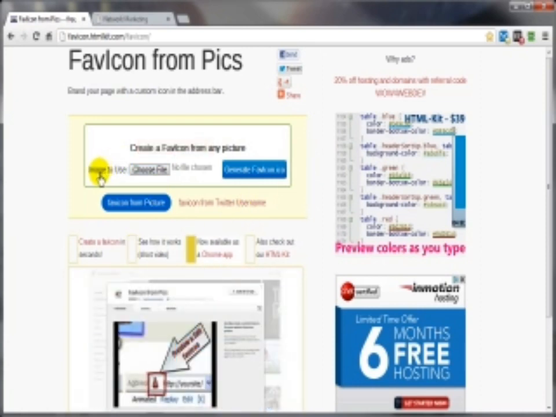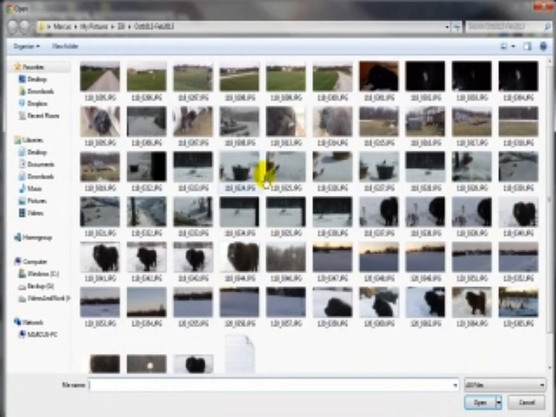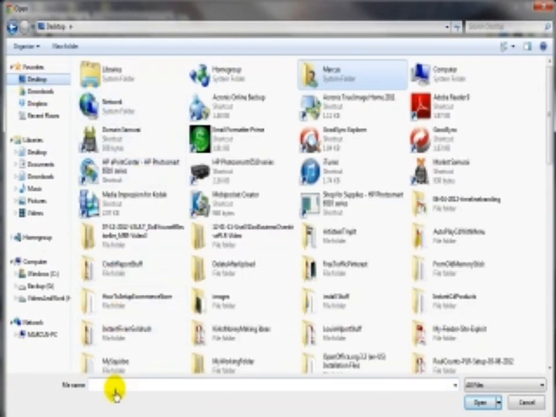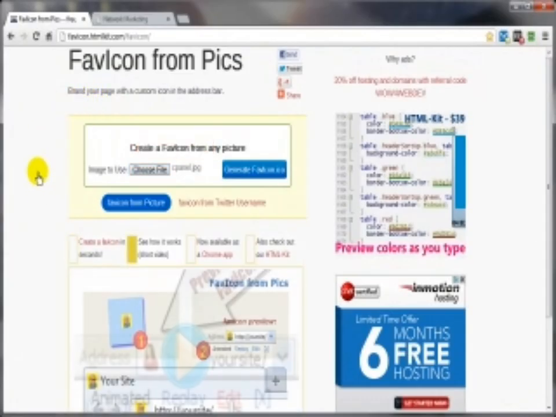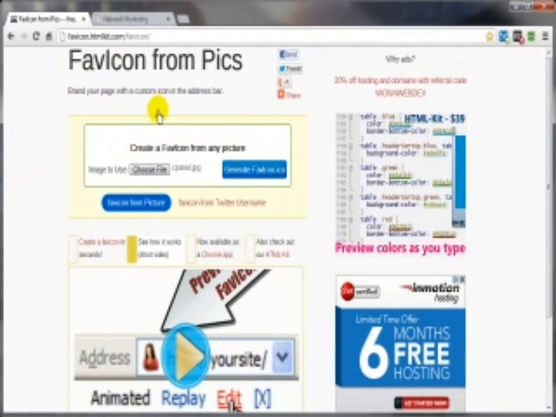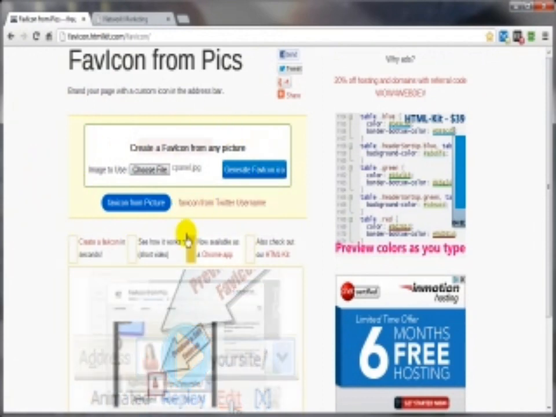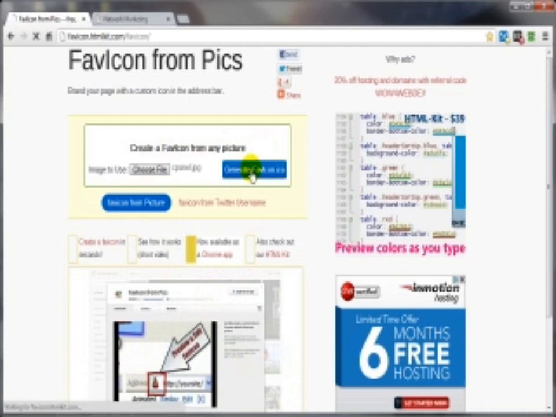So we want to first go over here to choose file. What a lovely dog. And you want to navigate to the location of your image that you want to turn into your favicon. That's a pretty big image, by the way, but that's one thing you don't have to worry about because it's going to customize it and bring it down to size. So generate favicon ICO,